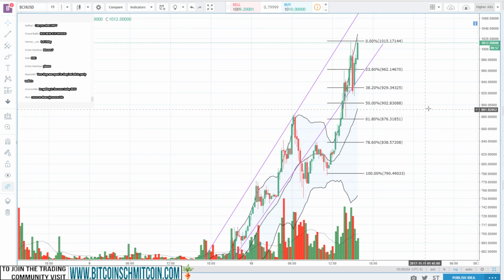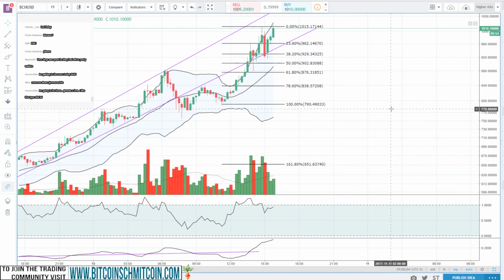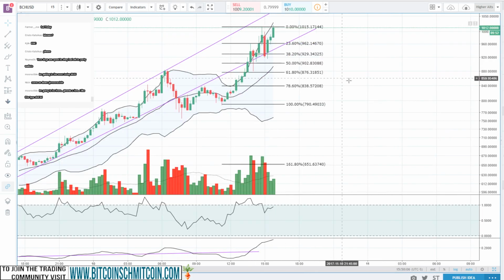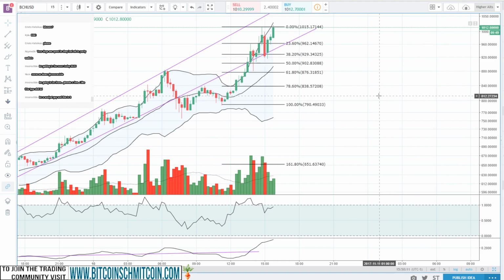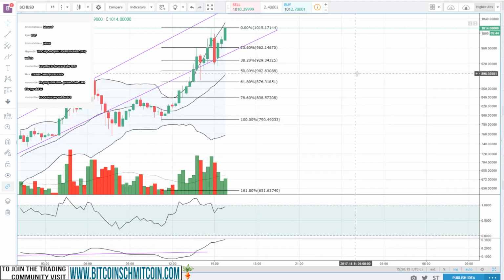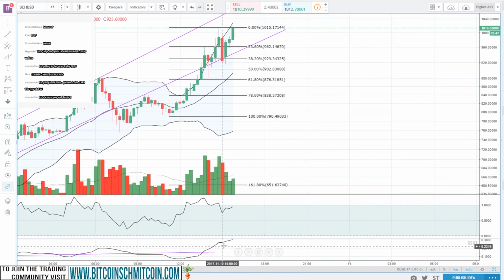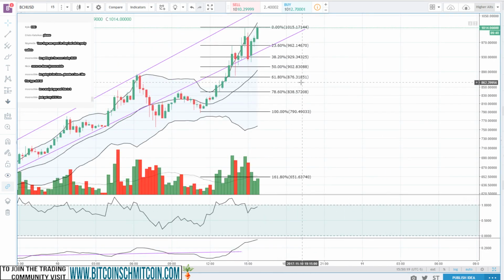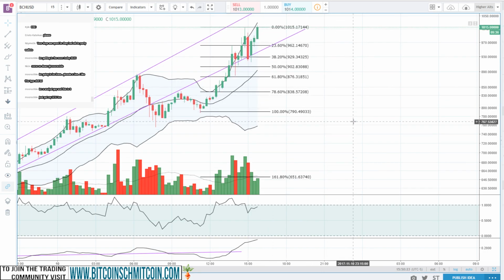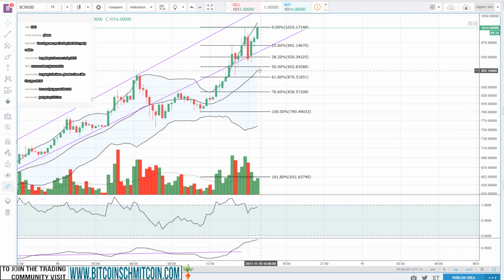We might be getting a double top here, depending on where this closes. Yeah, this could get interesting. We might be getting a double top on the 15 minute. Bollinger Bands aren't quite rounding out just yet. Depending on where the next couple candles close, we could see a revisit to the 890s.